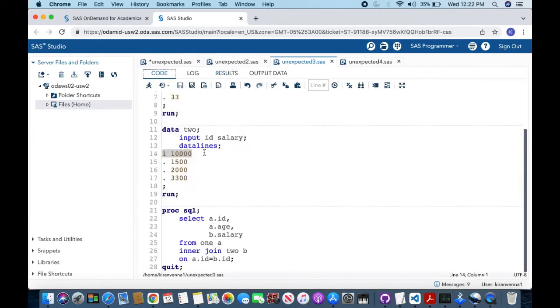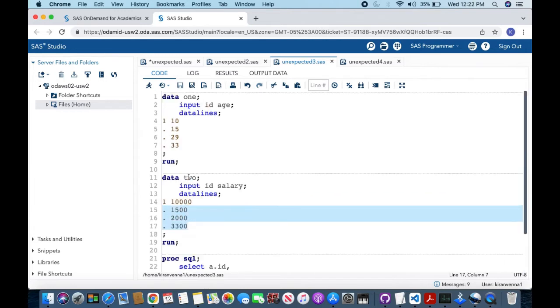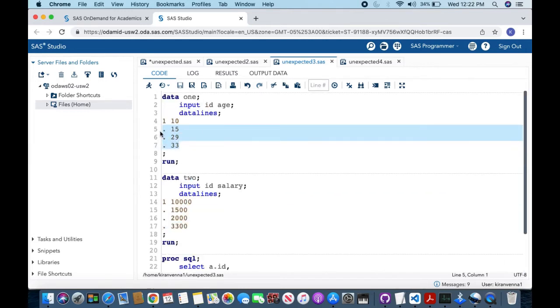Now let us see what is happening here. Each missing value is going to join with each missing value of the other data set. But first, let's discuss only the first missing 15. It is going to join with missing 1500, and this missing 15 is going to join with this missing, and we are going to get row 2000, and this missing 15 is going to join with this missing 3300.